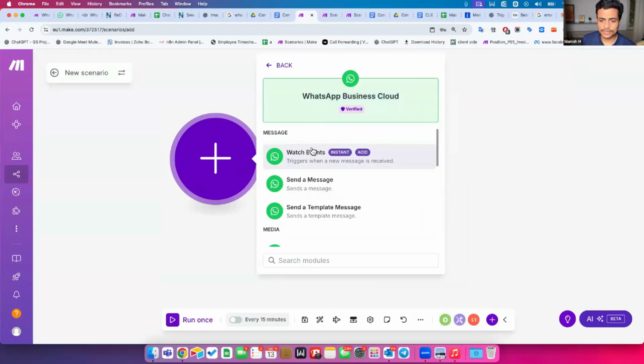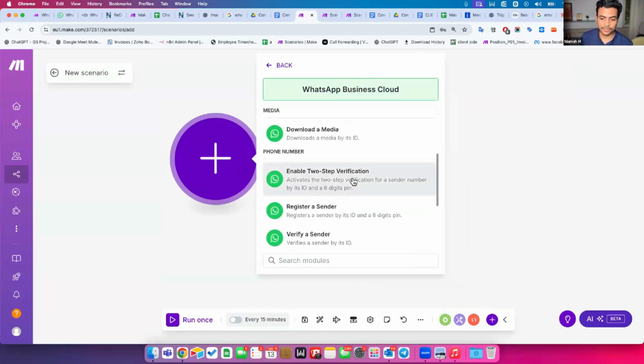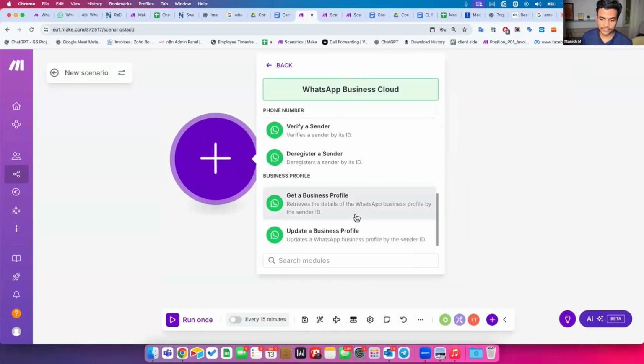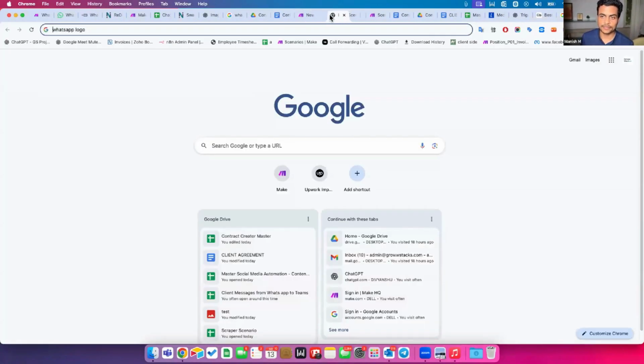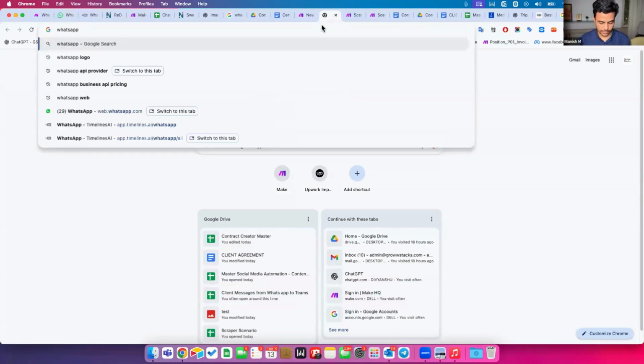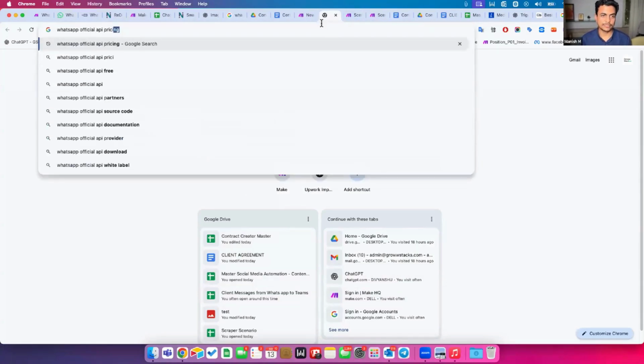Now, it has all kinds of events. It says watch event, trigger when a new message is received, send a message, send template message, upload media, do multiple things over here, verify sender and so on. But the problem with this whole API is it's a paid API, or it's the official Meta API which costs you to run this. So let's say if I go here and I'll say WhatsApp official API pricing, a normal